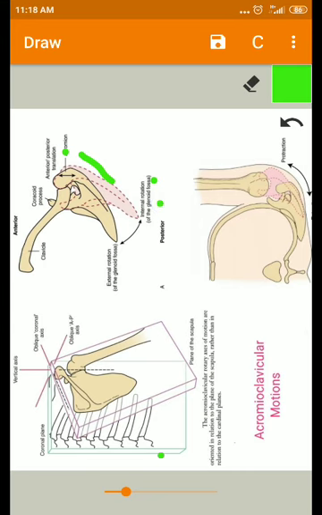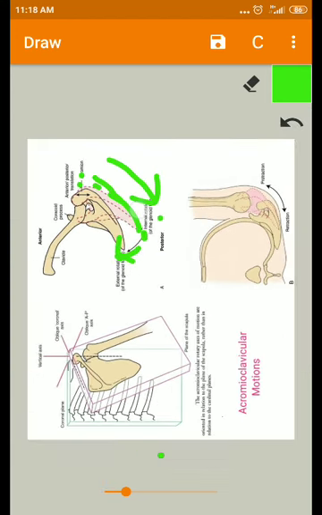Again during retraction, the scapula is rotating on the horizontal curvature of the thorax. The vertebral border will move inside, and in this case the vertebral border is not prominent, and during this motion the glenoid fossa comes